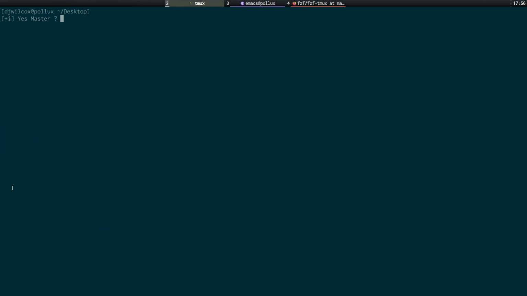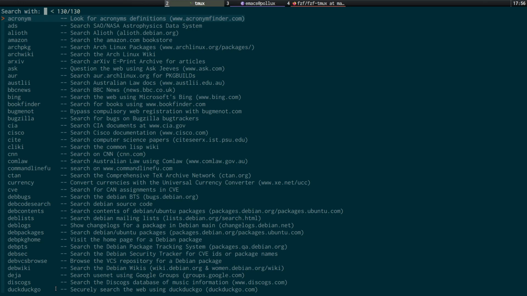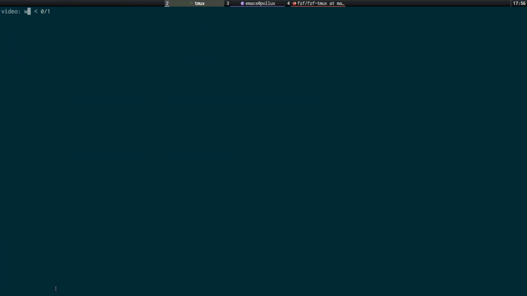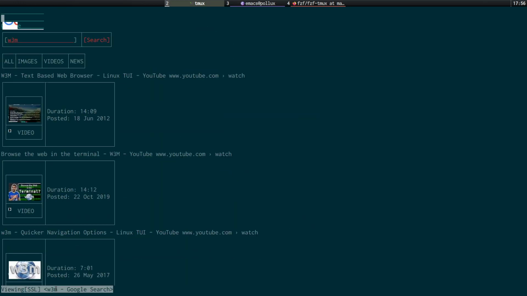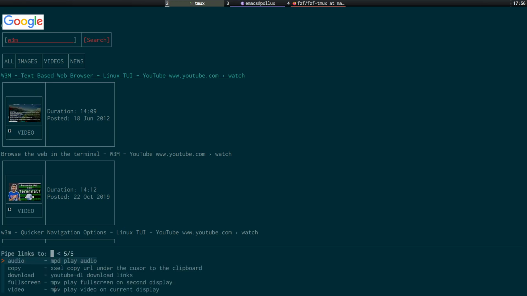And as you can see, the status bar is off. This is the most important thing. And video, w3m. And now when I run the keyboard shortcut for the Sauron script, you'll see it comes up at the bottom. Exactly the right size, 15% is exactly the right size for this. And it just means it's